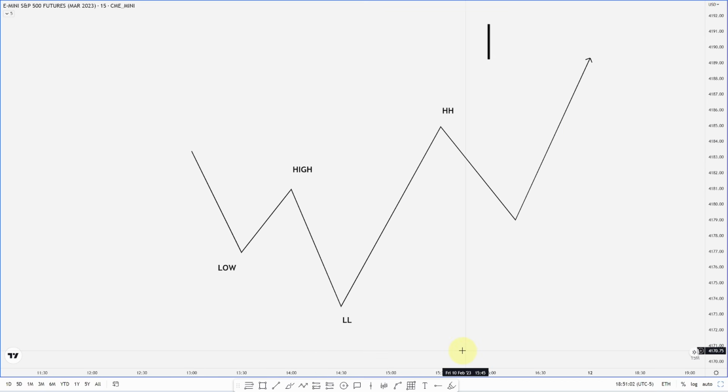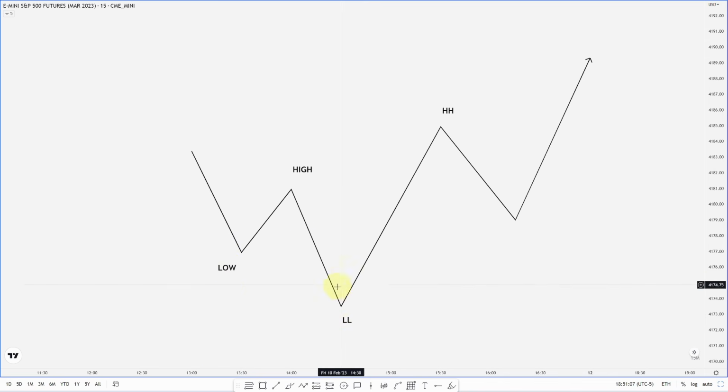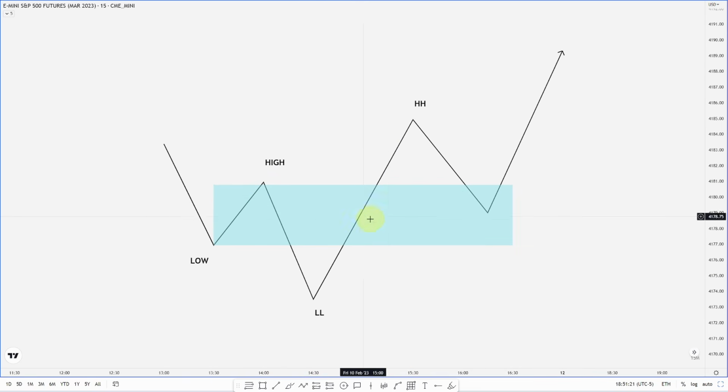Now, if we were looking at a bullish breaker block, the structure is a low, a high, a lower low relative to this low, and a higher high relative to this high. Where is our breaker block? It would be these up close candles here. And similar reasons as stated before, if we were going to expect this to continue a downtrend, we would expect a lower high put in here before continuing lower. However, that doesn't happen. It fails, breaks through, and this resistance becomes support.